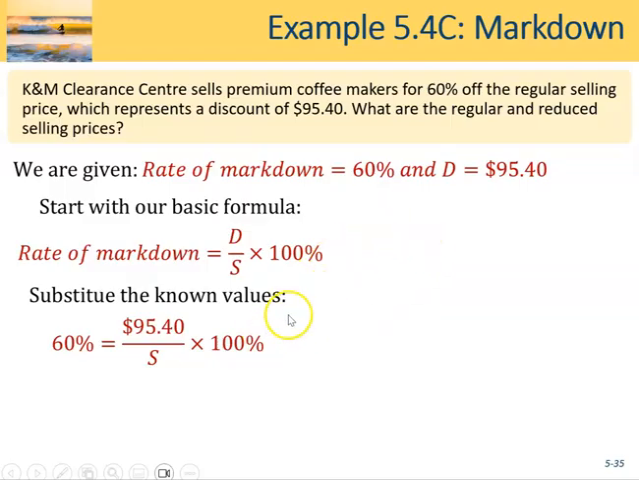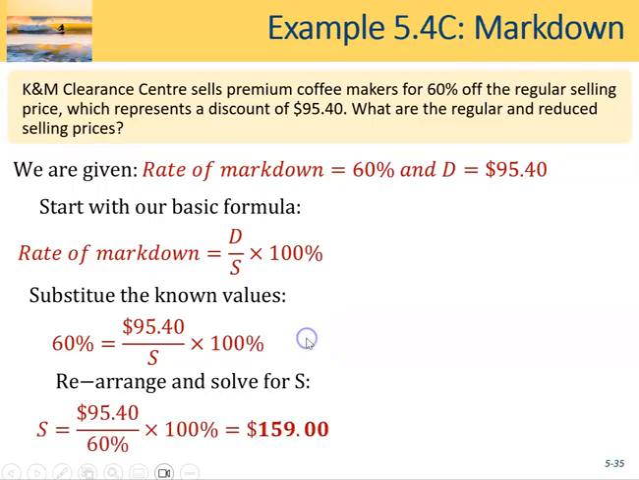Okay, so substitute what you know. So we know the discount amount. We don't know the original selling price, but we know the rate of markdown is 60%. And again, multiply that by your 100% to put it in a percentage format. Okay, so we need to rearrange or manipulate the equation. So we want to get the S by itself. So what do we do? We multiply both sides by S. That would give us